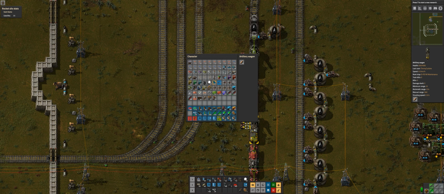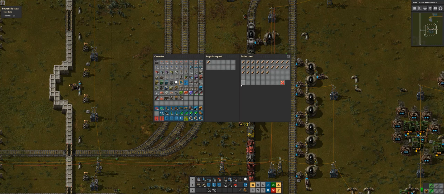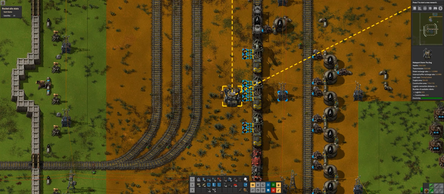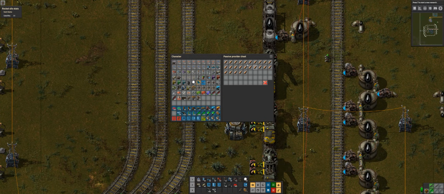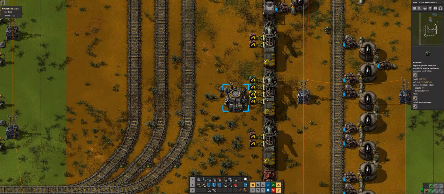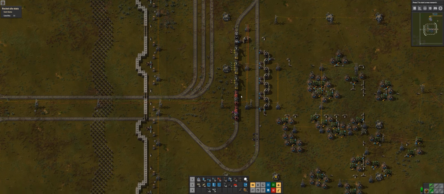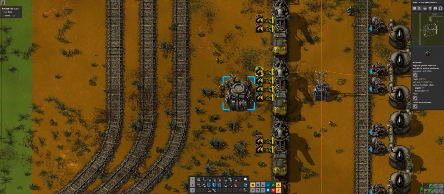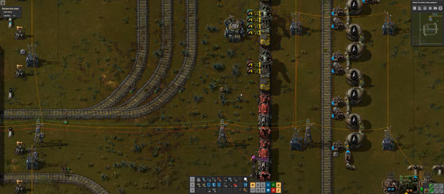He's got 50, he's got nothing, and he's got 48. Okay, cool. Yep, that looks good. Now there's no robots here to screw around with this. Otherwise they'd be pulling it from these passive providers and putting them in the buffer chest. Yeah, that's good. Okay. Now we just need to wire this roboport